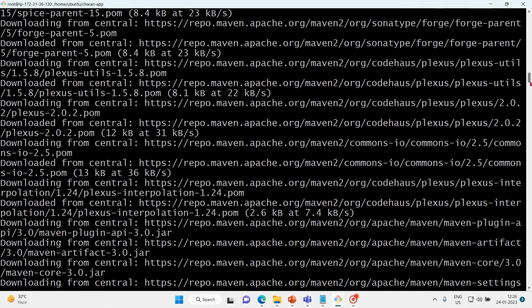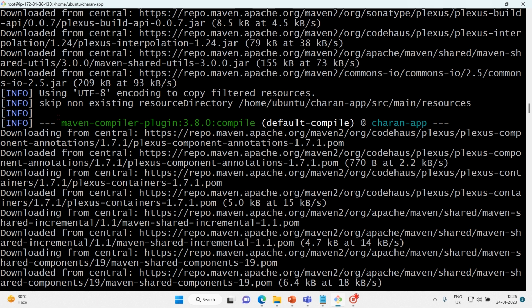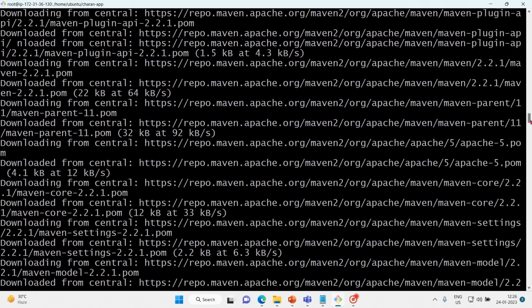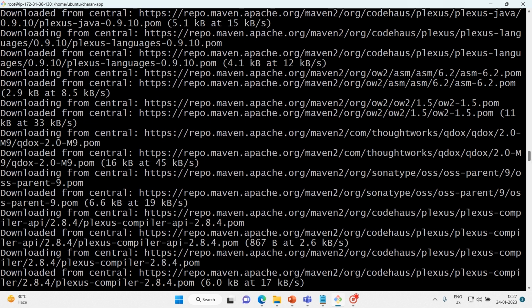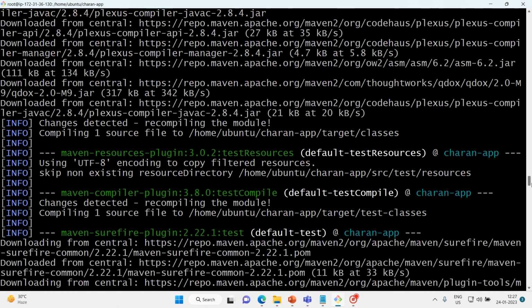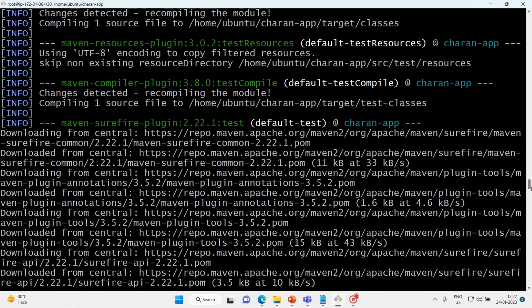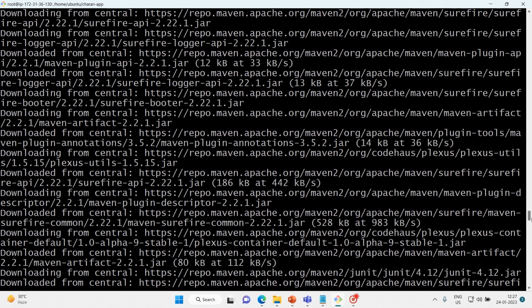Let me scroll down a little faster. Then we have the Maven compiler plugin. So now it got the compiler plugin, that's 3.8.4, whatever we have mentioned initially. Then the compilation process will start after the compiler plugin. So now you see the Maven resources plugin, compiler plugin 3.8.0, and Maven Surefire plugin, all three. These are the three plugins that we are using. So they were